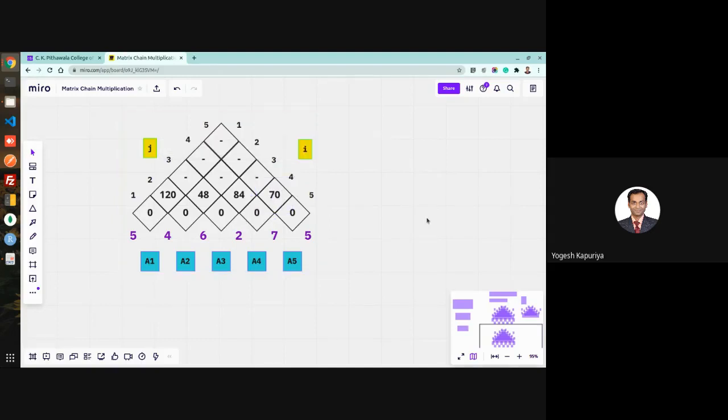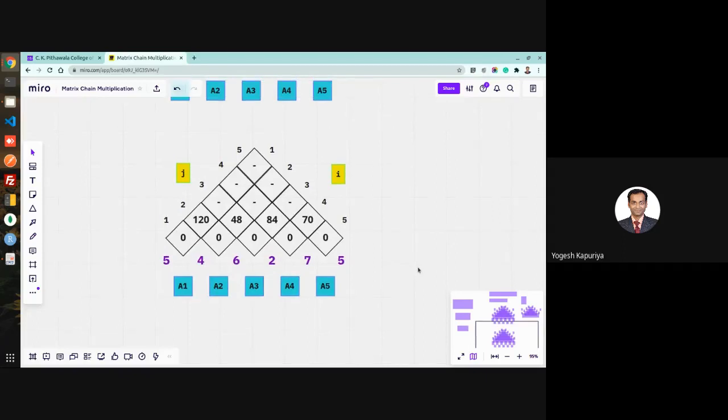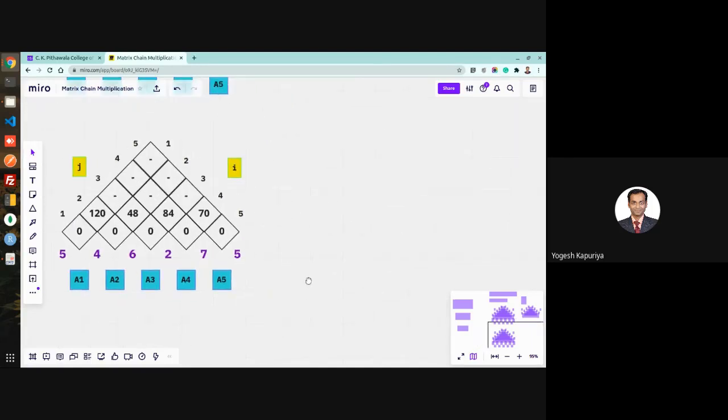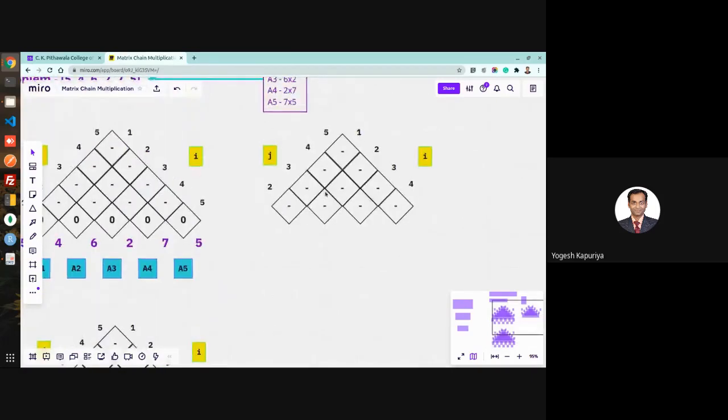Okay. So now when you are doing it for level 1, you don't have any other option. For example, if you want to multiply A1 with A2, you can't put parenthesis logically. Right? There are only two matrices and there is only one way to do it. That is multiply A1 with A2. That's it. So you have only a single value. You are not going to consider anything over here. Even if you are considering, there are always going to be 0. So putting the values in the second level, it's pretty simple. And there is only one way to do it.